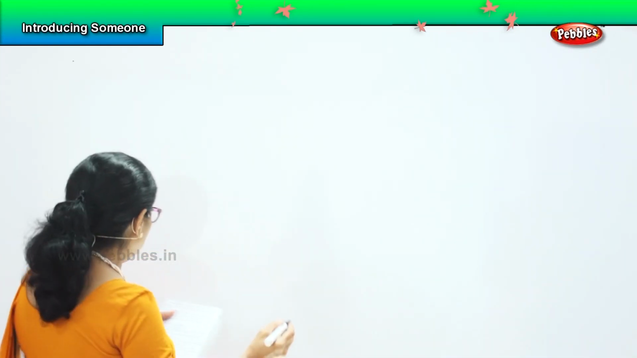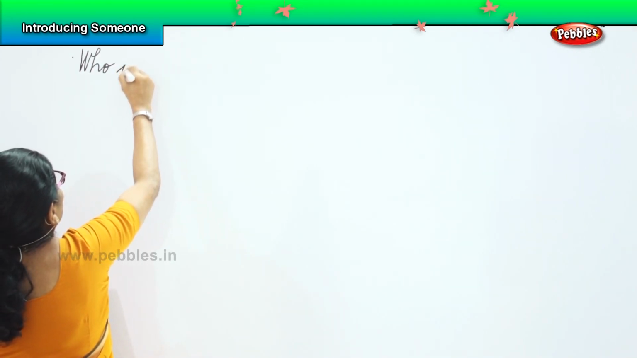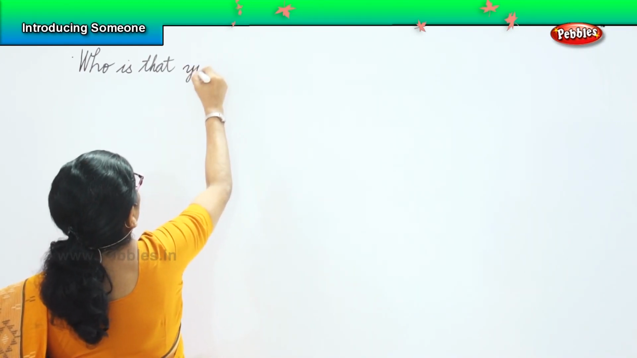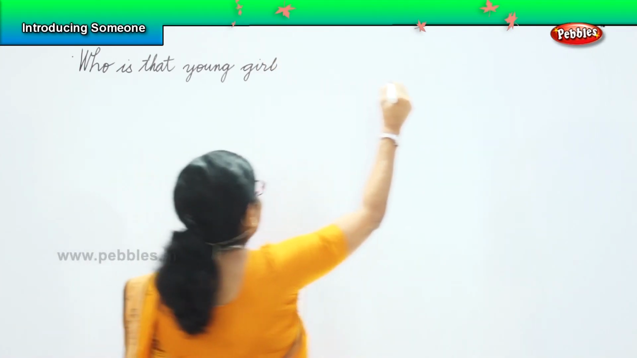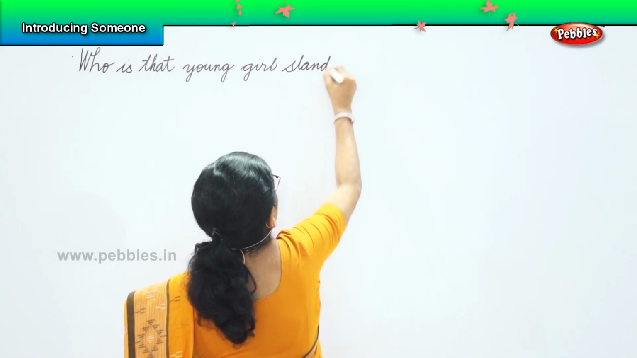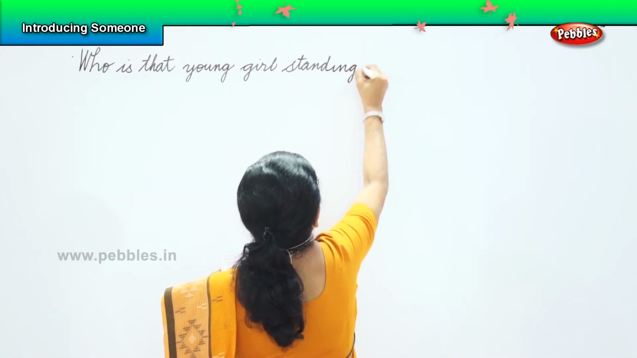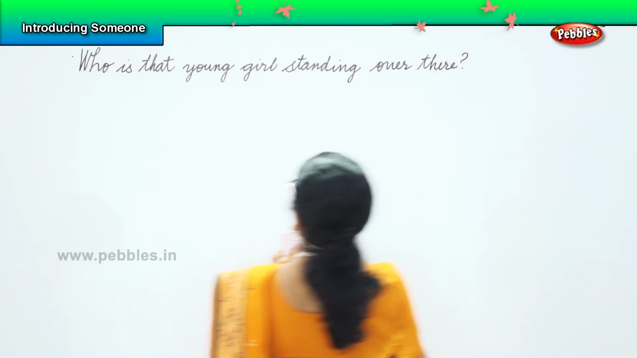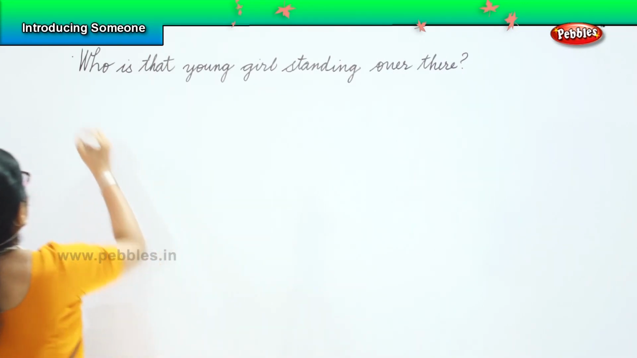So in today's conversation, we are talking about introducing at the party. So someone asks when you're at a party, who is that pretty girl? Or who is that young girl standing over there? Or you can say, look at that girl in pink dress. Who is that? Then you say, she is